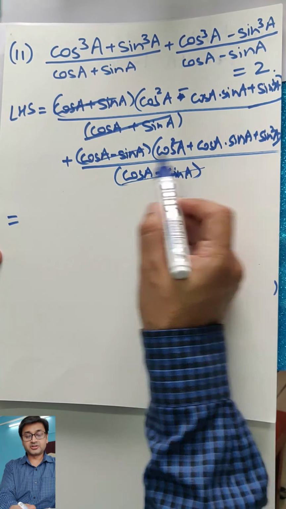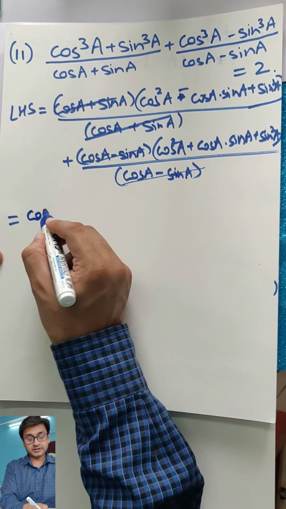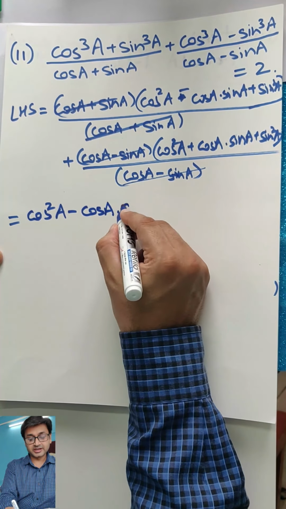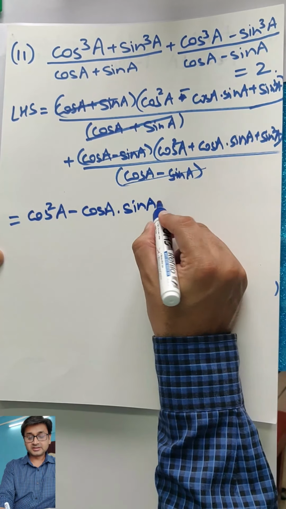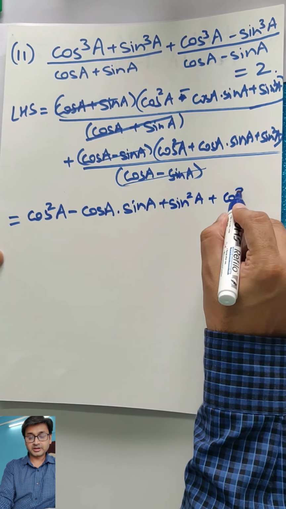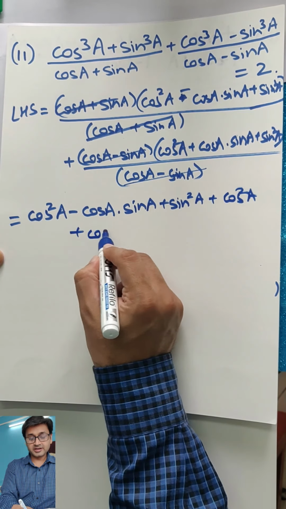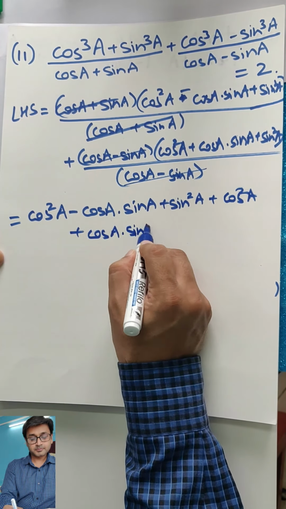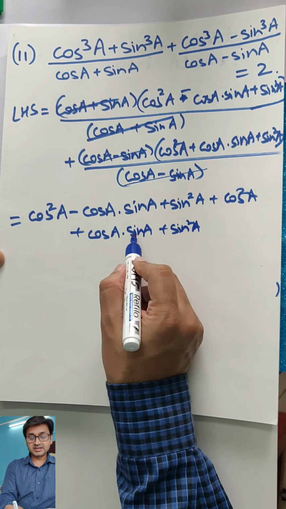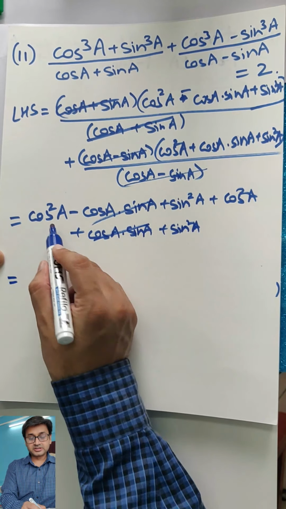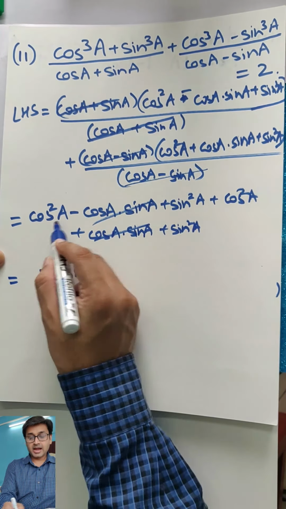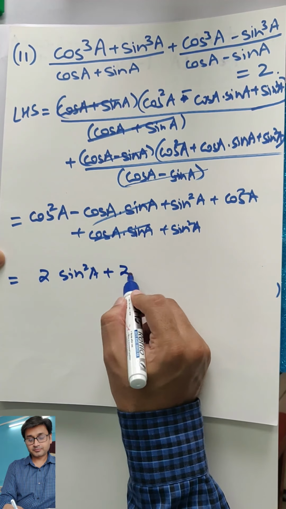Nothing else has been done, and we found these things getting cancelled. So now open the brackets for this plus sign. So cos square, some magic might happen, minus cos a into sin a plus sin square, plus cos square plus cos a into sin a and plus sin square. So what happens is this gets cancelled straight away. What is left is 2 times sin square and 2 times cos square.